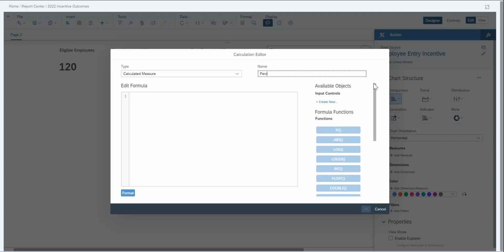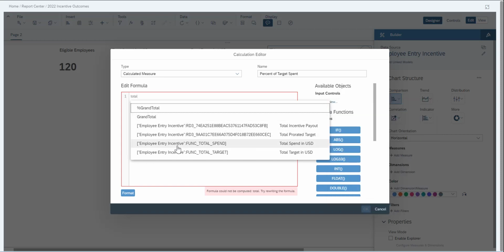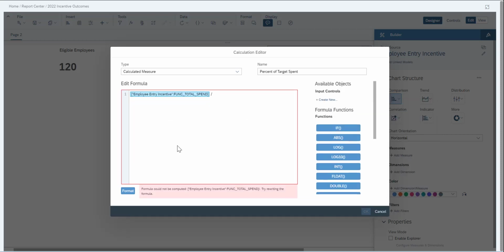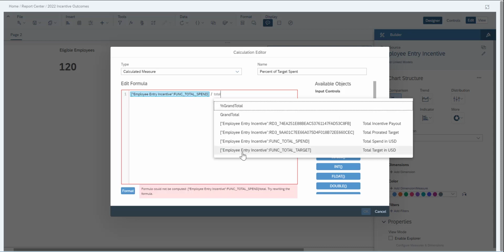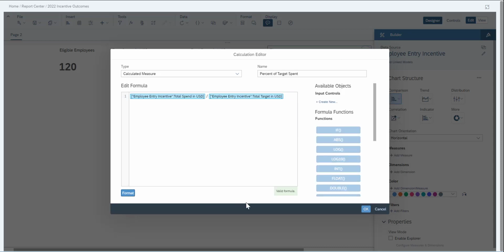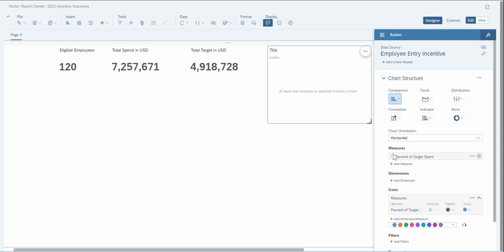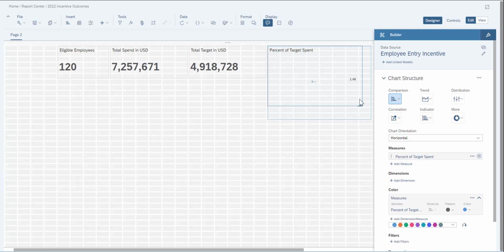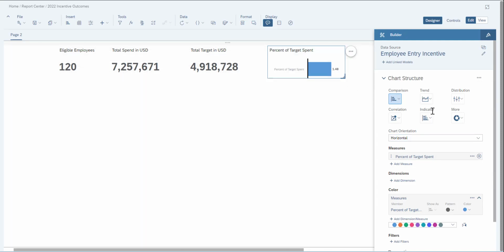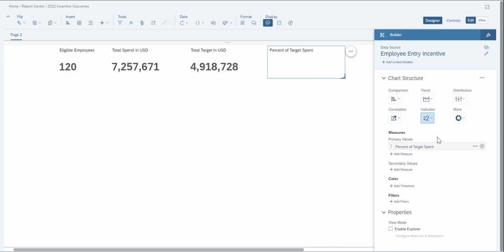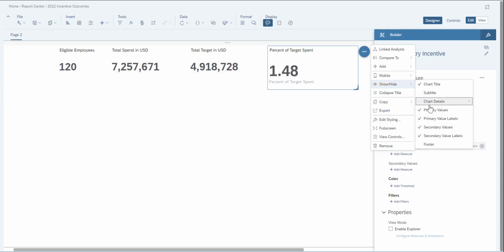So we're going to call this percent of target spent. Oh, we need to make this a numeric point as well. And